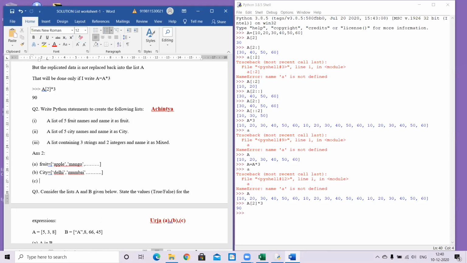Next one. A list containing 3 strings and 2 integers and name it as mix. Mixed is the name of my list. So mixed is equal to square bracket -1, -3. Numbers, so I was not using single quotes.